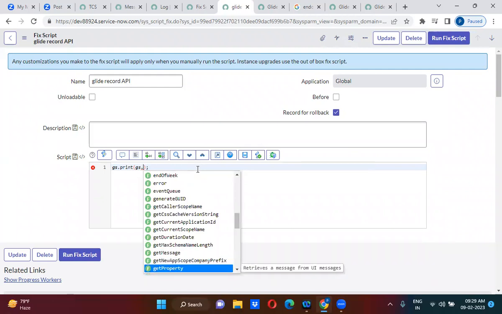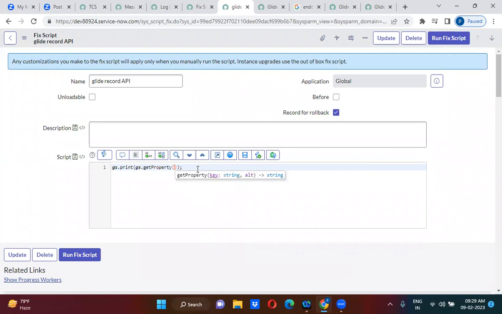This get property is also an important one. What is this get property? As per ServiceNow best practices,